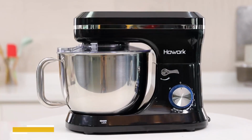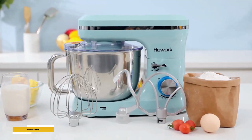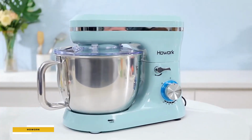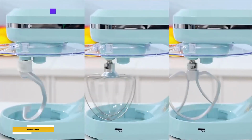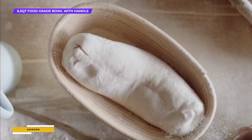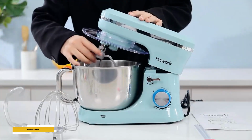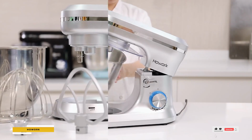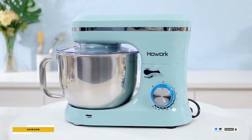HOWORK. The HOWORK Electric Stand Mixer is a durable and stylish option that brings versatility and power to your kitchen. Equipped with a 660-watt pure copper motor and sturdy ABS housing, this mixer delivers reliable performance for a variety of tasks. Its 6.5-quart stainless steel bowl provides ample space for mixing dough, batter, or mashed potatoes, making it suitable for most home cooking needs. The bowl also includes a handle for easy maneuvering and a transparent anti-splash lid to keep